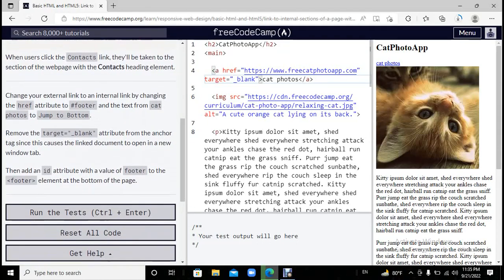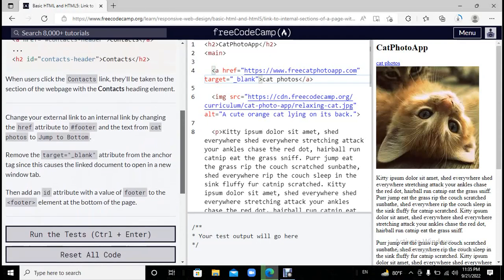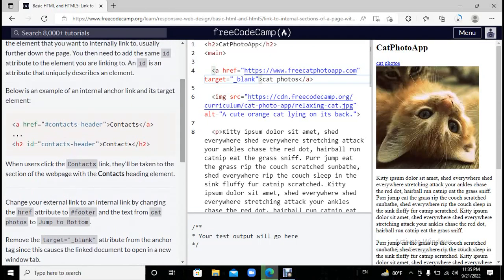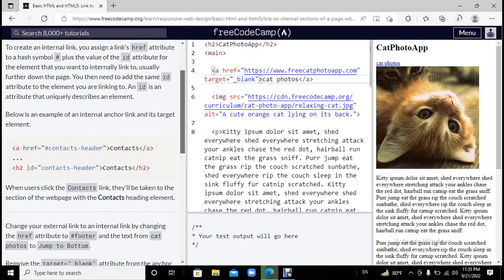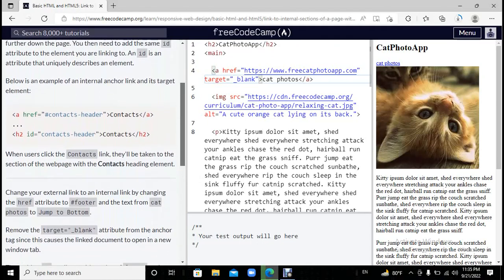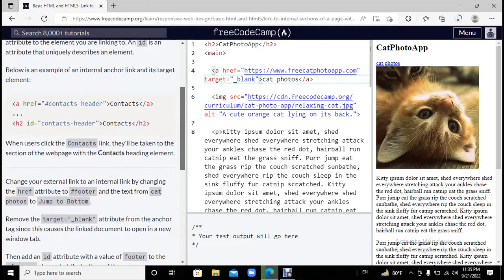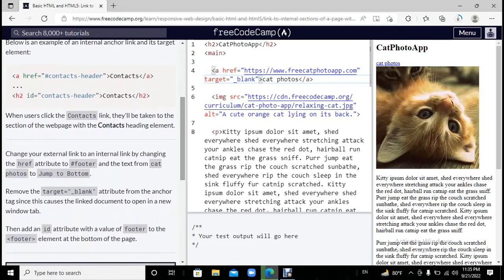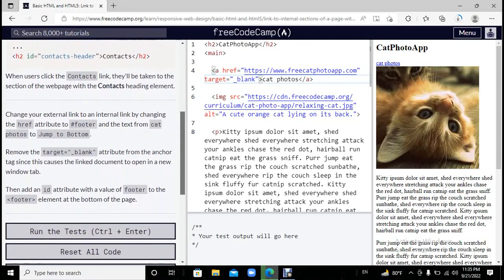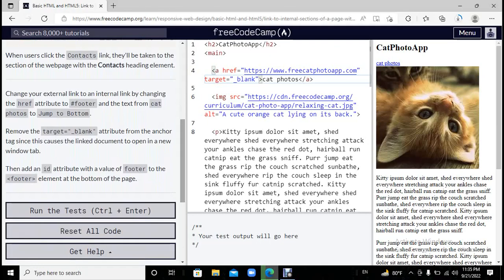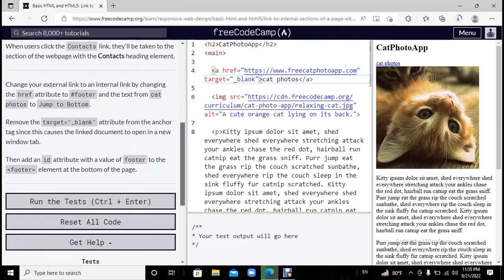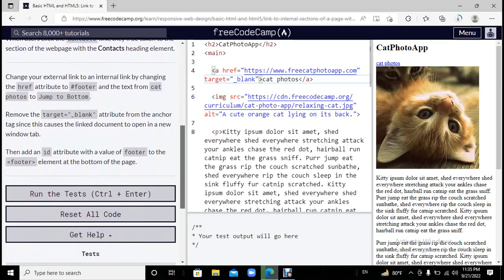An id is an attribute that uniquely describes an element. Below is an example of an internal anchor link and its target element. When users click the Contact link, they'll be taken to the section of the web page with the Contact heading element. Now, change your external link to an internal link by changing the href attribute to hash footer,